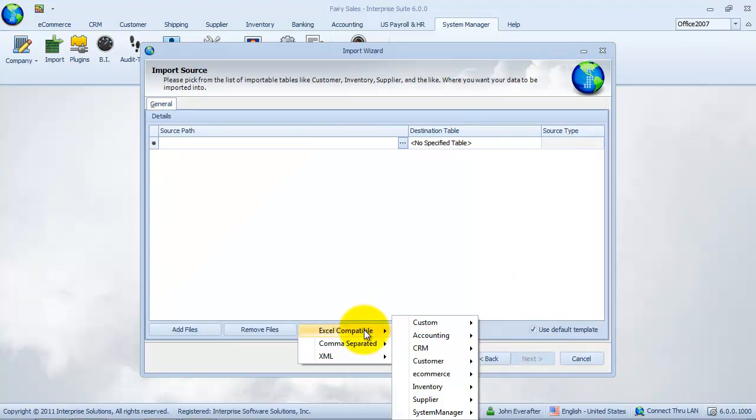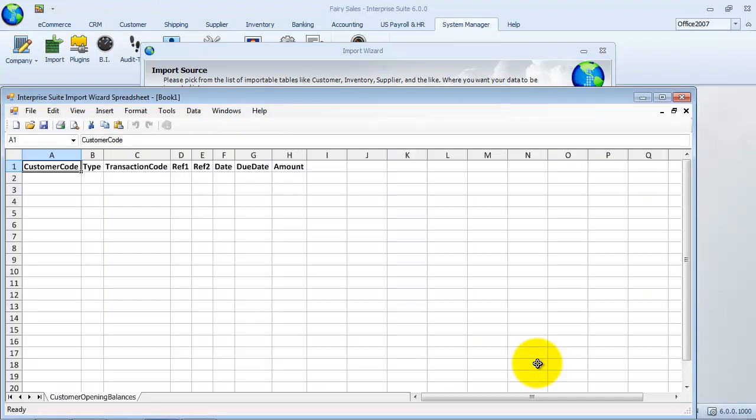For this example, we will create an Excel compatible template and then select Customer Module and the Customer Opening Balance option. The Enterprise Suite Import Wizard spreadsheet will display. This spreadsheet contains the correct headers to use in grouping our import data. It is important to note that we can just copy and paste the column header from this template into our